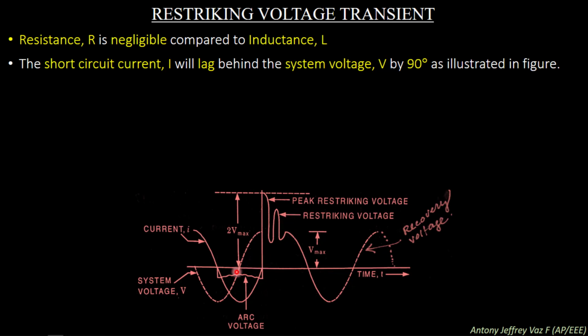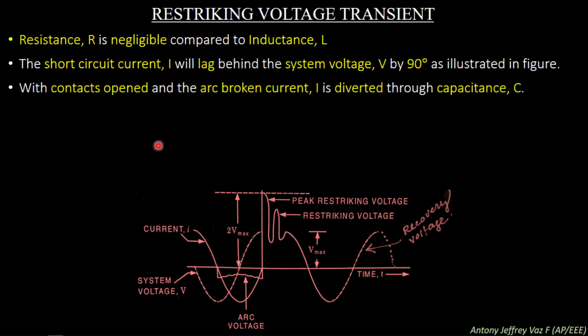You can see in this figure, this is the x-axis, which is the timing axis, and the y-axis represents two quantities. One is the short circuit current I, and the other is the system voltage, represented in dashed line. From this figure you can notice that when the system voltage is 0 at this point, the current is lagging behind the voltage. Since inductance is the predominant one, the current occurring during a short circuit of a power system is inductive in nature, and this current lags behind the voltage by